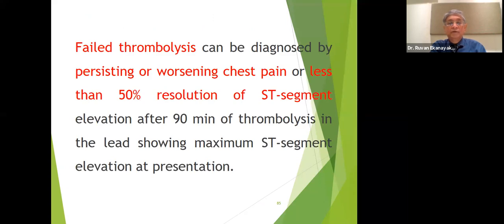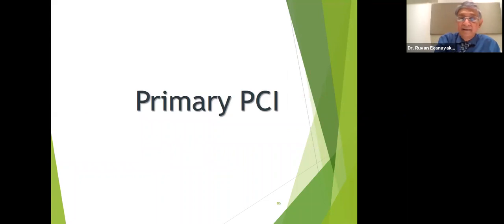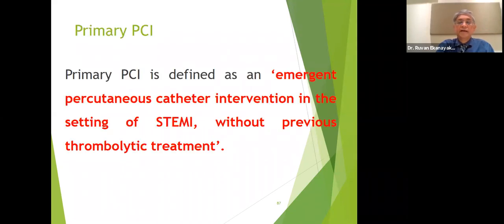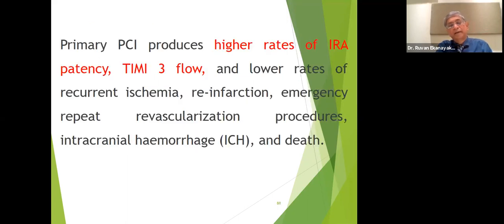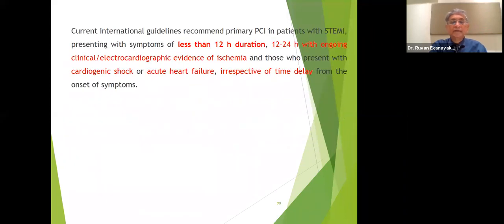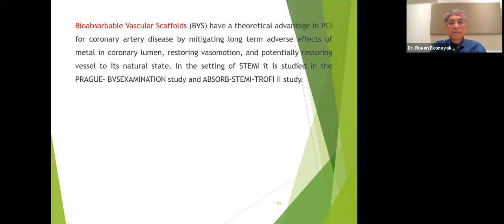Now, failed thrombolysis can be diagnosed by persisting or worsening chest pain or less than 50% resolution of ST segment elevation. And in that case, you have to go in and open that artery by mechanical means, catheter-based. Now, primary PCI is defined as emergent percutaneous catheter intervention in the setting of STEMI without previous thrombolytic therapy. Now, this is possible in PCI-capable centers, but not possible in most peripheral hospitals in this country. Therefore, primary PCI, if available and you have a 24-hour service, is very good. But if not,